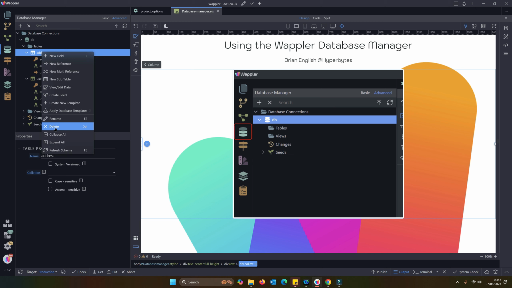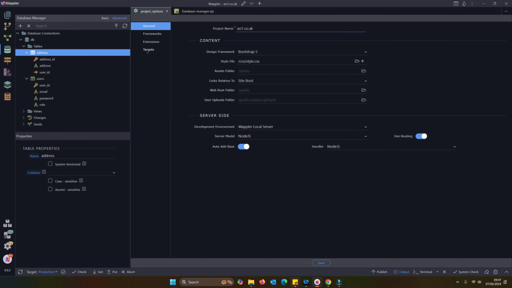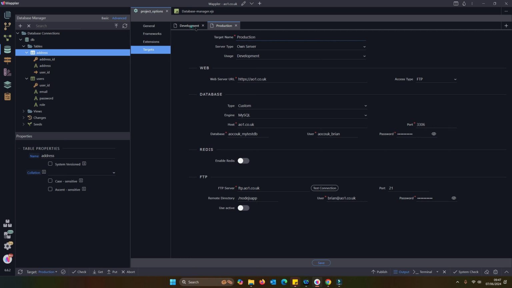It doesn't allow you because it stops you changing anything within a production environment. And there's a way around that. It's not recommended to be done, but sometimes it has to be: if you go into your targets, into your production, and I'm actually working in this, but it would be obviously set to production. If you set that to development